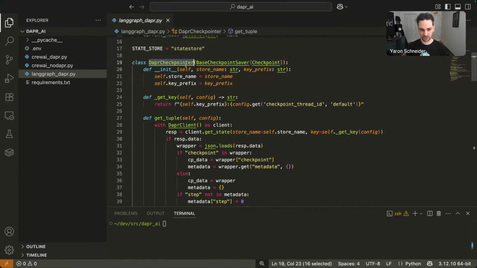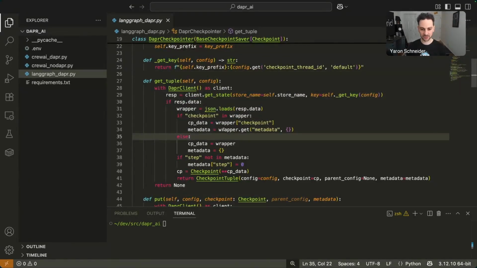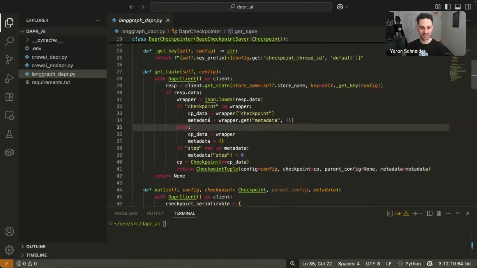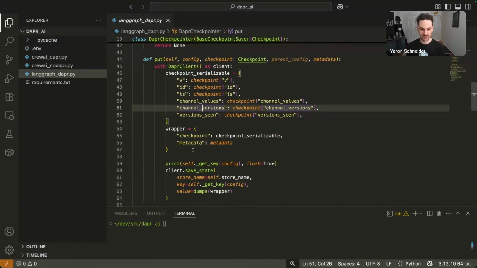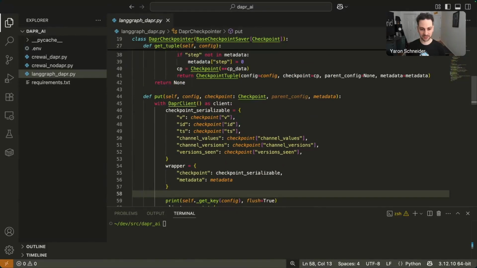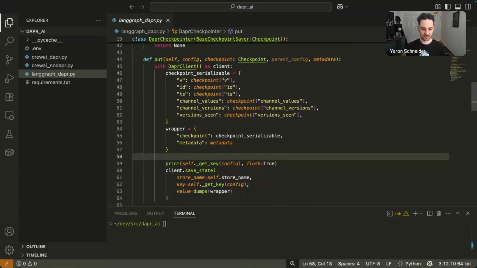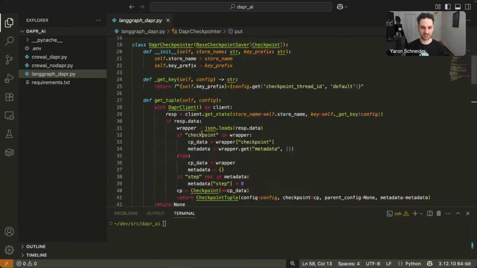But the Dapr checkpointer essentially makes all of that distributed. This is code I've written to essentially take the checkpoint data structure that LangGraph expects and just serialize it into data that Dapr has, and then just save it. So this is a very small amount of code you need to write in order to get Dapr integrated, but